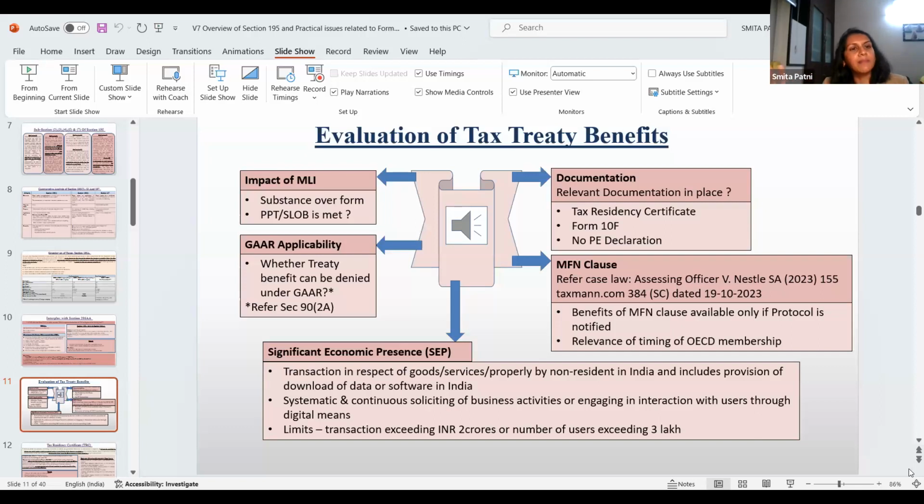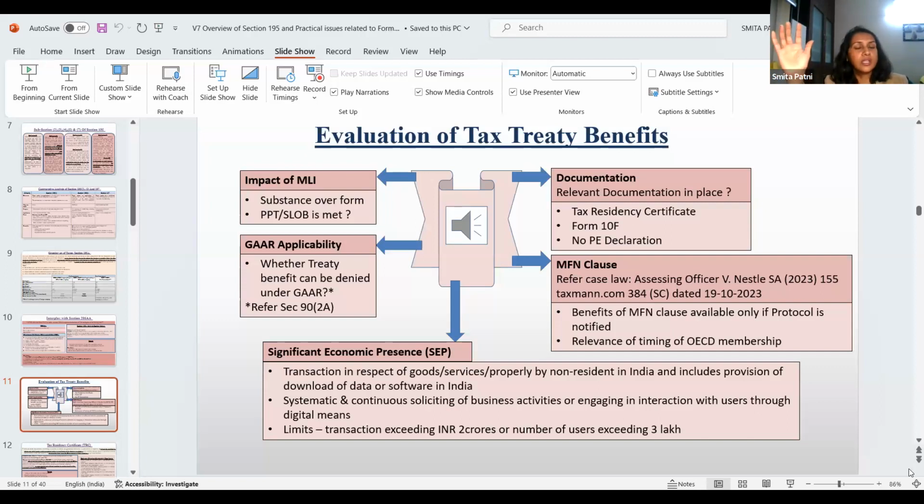Generally, nobody will come to you for 15CB only, but for all those companies for whom you are issuing 15CB, it is important to tell them that in case you are purchasing any machinery, for example, or any goods from a non-resident which exceeds 2 crore, you are supposed to take 10F and TRC from that company, because in domestic law it becomes taxable as per explanation 2A of section 9 going forward. I mean from the last 1 year,